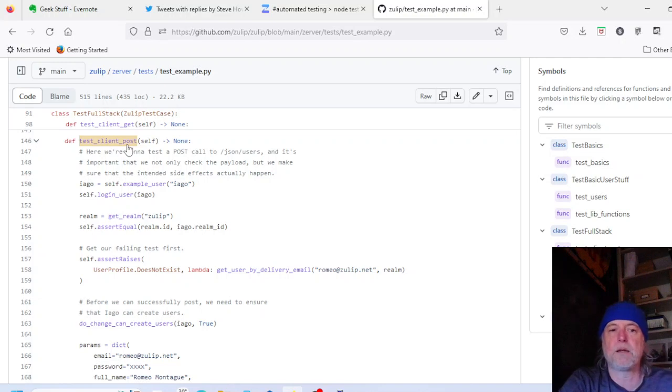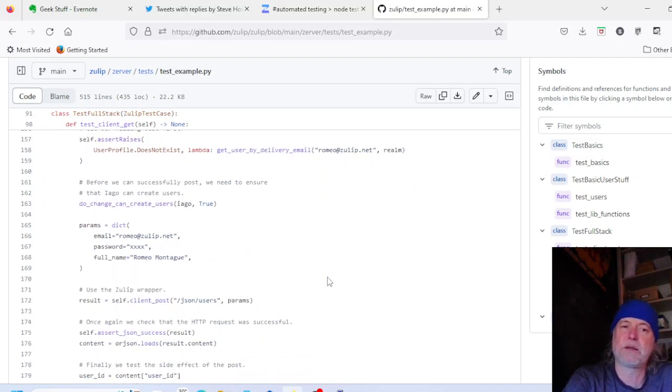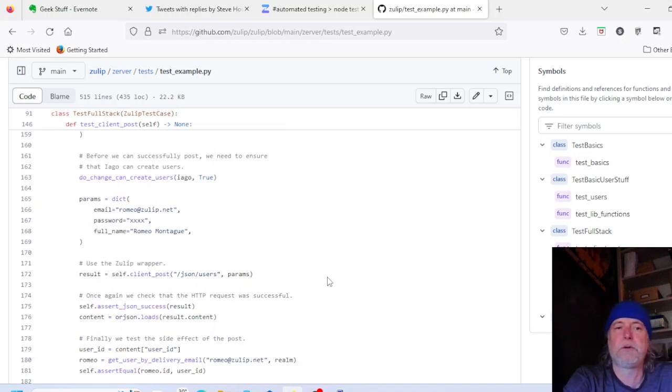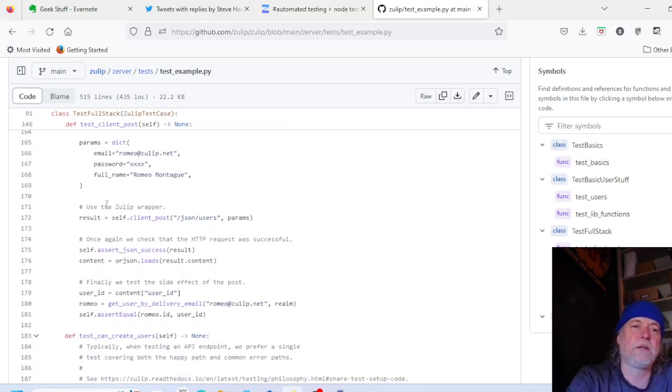So if you're writing a Python backend method that interfaces with HTTP with the post verb, this test client post is the basic template for what you're going to want to do in your test. And you can see here that you're basically calling client post, but there are a few minor nuances. So when you read this code,